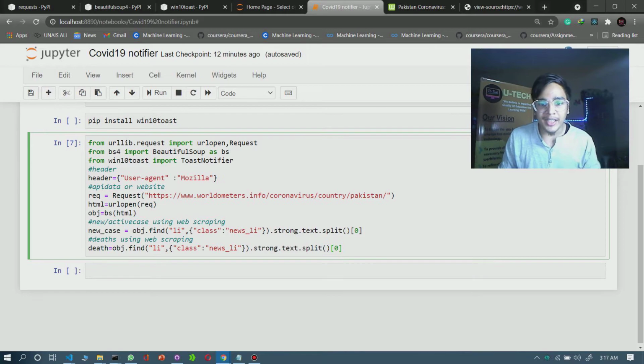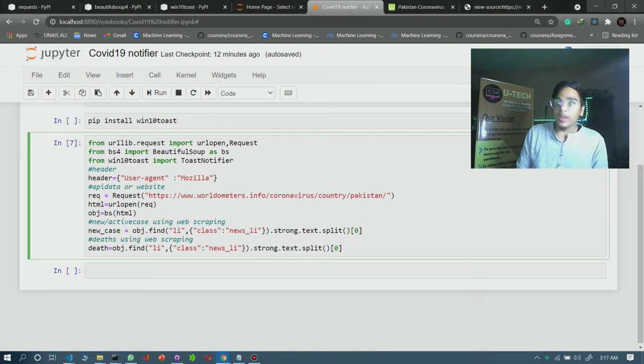So what we write, look, it's the easiest thing you will see. You have to write strong dot next_siblings, and I think we have to write it.